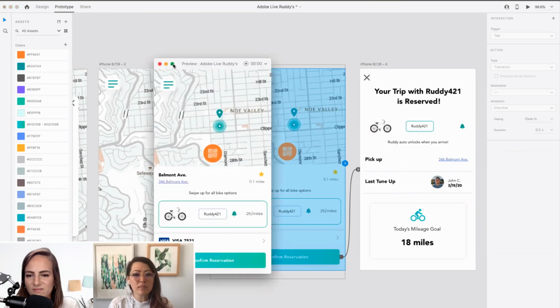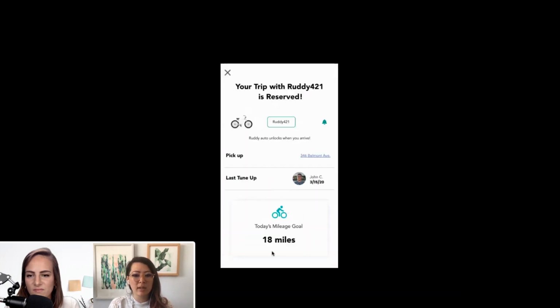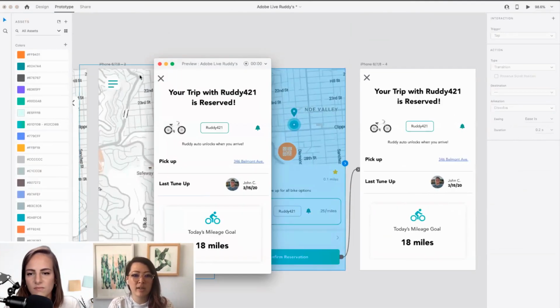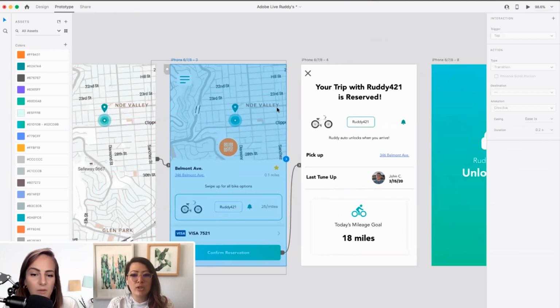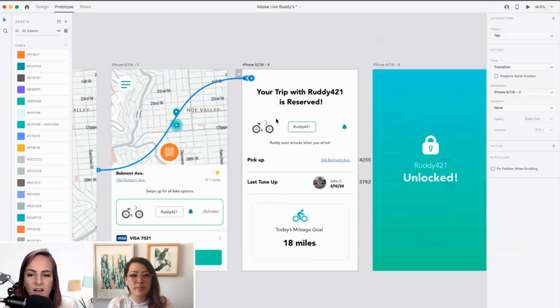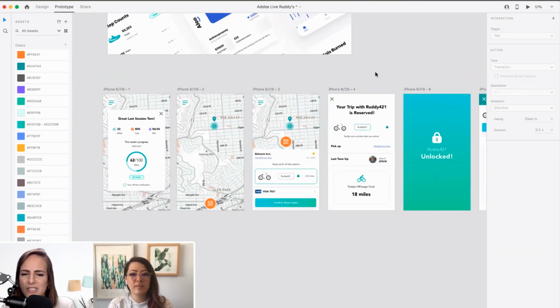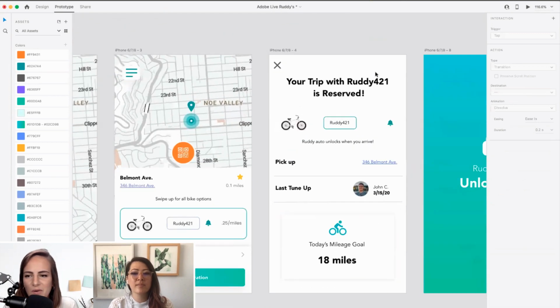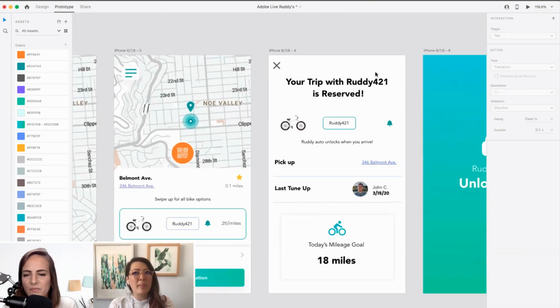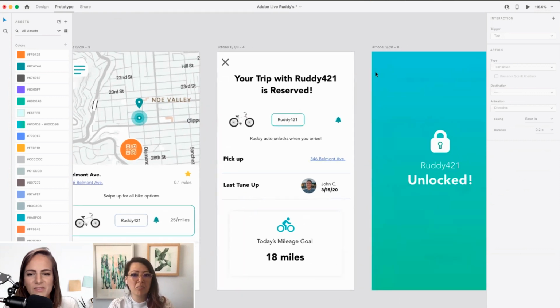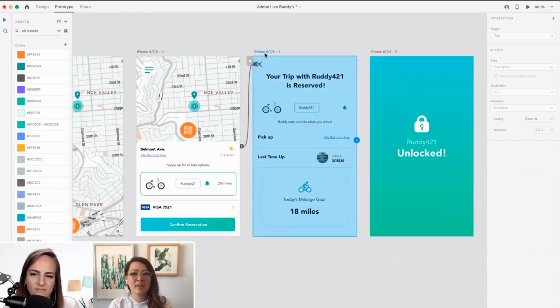All right, so if I'm going to now click that, okay, good. I just wanted a simple transition moving forward to the next screen. It would be cool if it would learn, like AI. If you have an overlay or depending on what elements are on the screen, XD knew, oh, she probably wants to use not dissolve here, or auto animate. Yeah, maybe if it's been a while since the last time I've made a transition, it then goes back to a default. That'd be cool. We'll let them know.